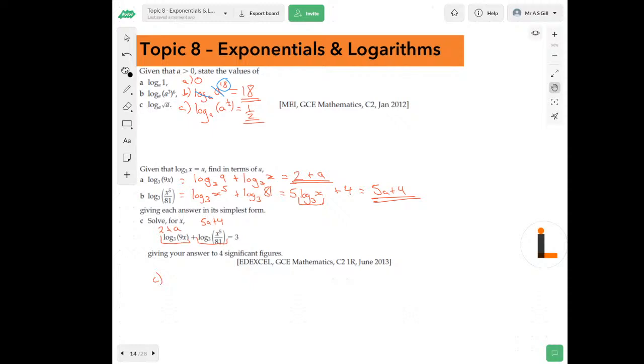So we're going to get 2 plus a plus 5a plus 4 is equal to 3. And this is just straightforward solving to find a, GCSE level. So we'll get 6a plus 6 equals 3, 6a is equal to